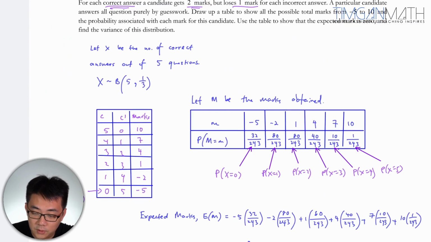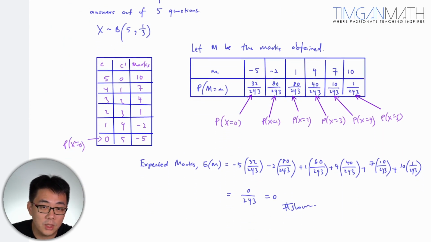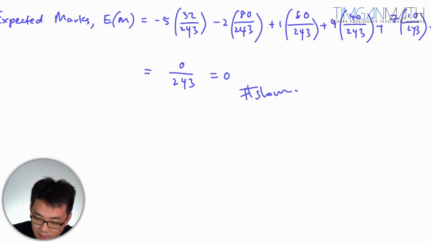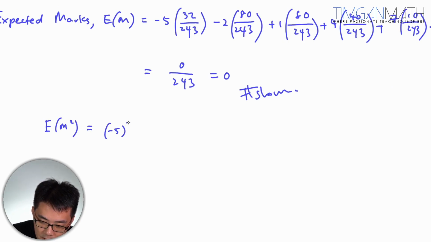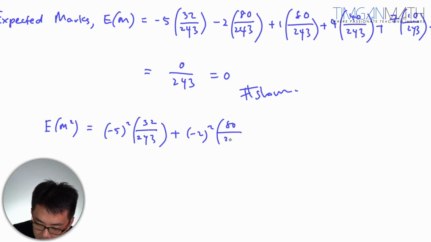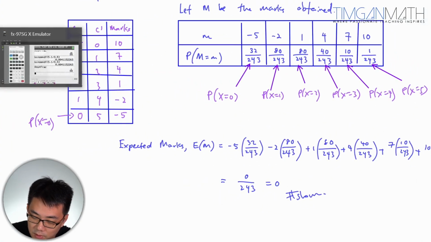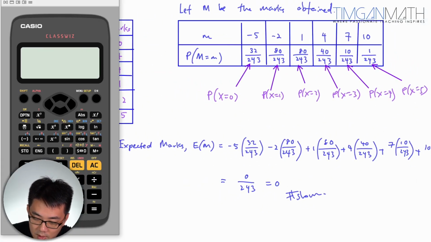After that, use the table and find the variance of this distribution. I think finding the variance is okay. So I'm just going to write everything out now. So finding the E(M squared) is also okay, right? So basically square 32, but we could just use the calculator, I presume. But okay, never mind. Maybe I should just use the calculator because it's too much work now. So in this case, I'm just going to key in